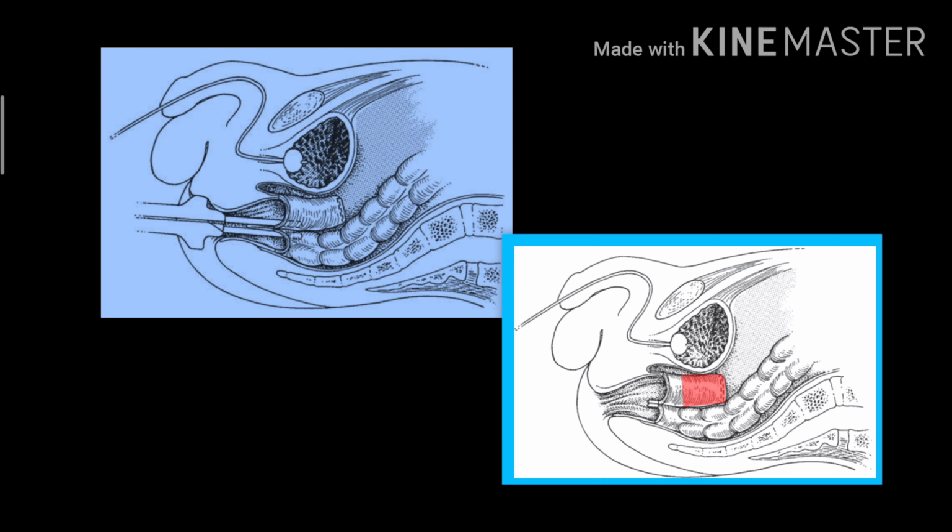Sometimes the division may not be complete, and some amount of aganglionic bowel will be staying free without continuation to the lumen. That is called a spur. Most of the time, we will be able to put the stapler without a lot of spur. Even if there is a spur, we can put another stapler from above, or we can do an anastomosis, and we can make sure that there is no spur.